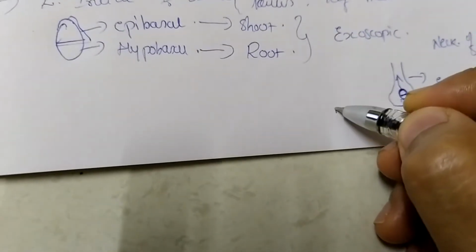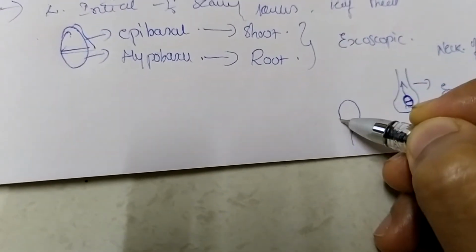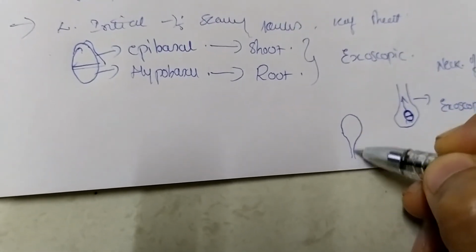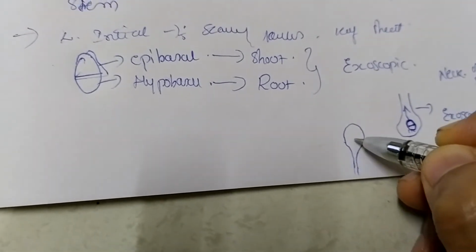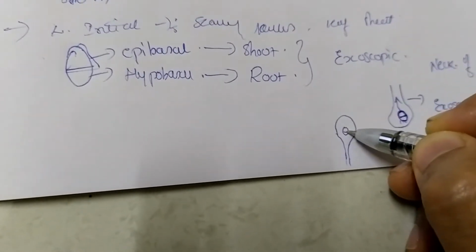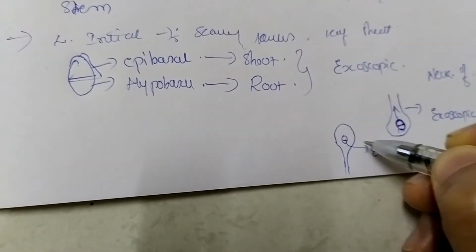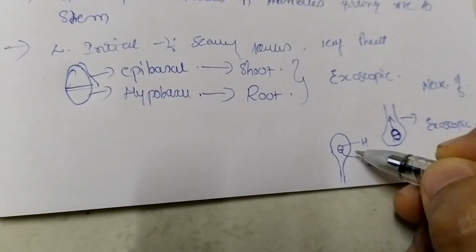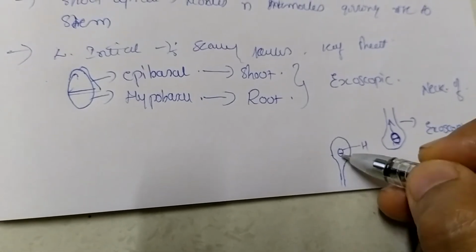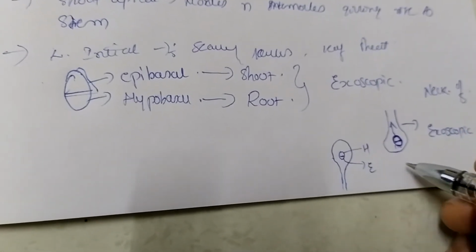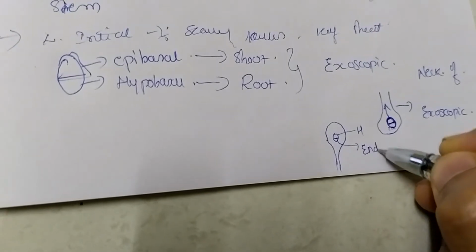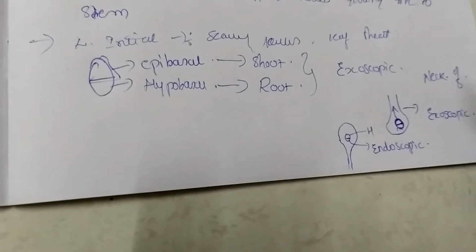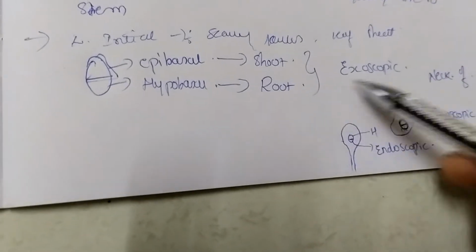Whereas in the case of Marchantia, we saw inversion of the archegonia, where the neck was hanging towards the downward side. In this case, the epibasal cell will be at the lower portion, whereas the hypobasal cell will be at the upper region. When the epibasal cell is pointing towards the downward side, such development is called endoscopic. We can see this in bryophytes, especially in Marchantia. So here the development of the embryo is exoscopic.